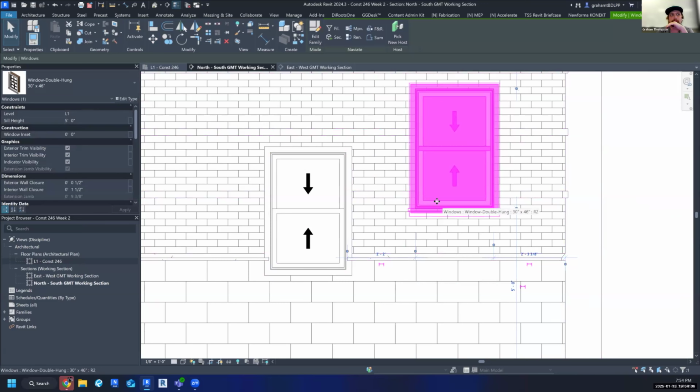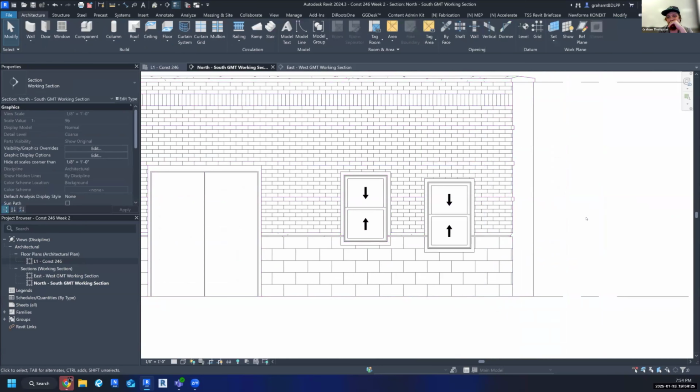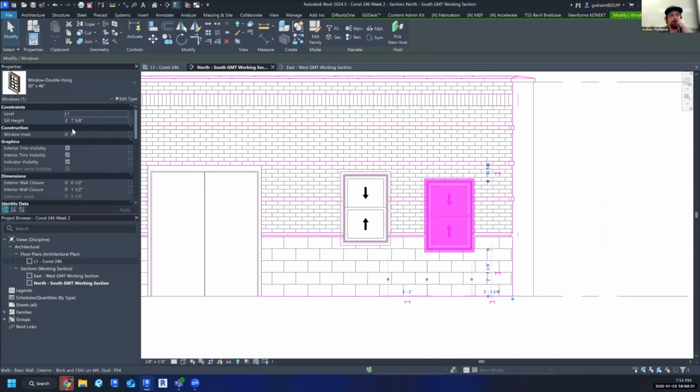That would be my preferred method if I didn't know what elevation I needed it to be. If I know the elevation, I'm just going to go over here and type it in. Plain and simple, easiest way to do it, right? But let's say this was at 2'7" and 3/8 of an inch, and I know that I wanted it exactly 2 feet higher, right? I could come in here and